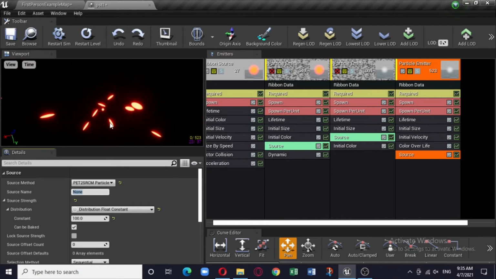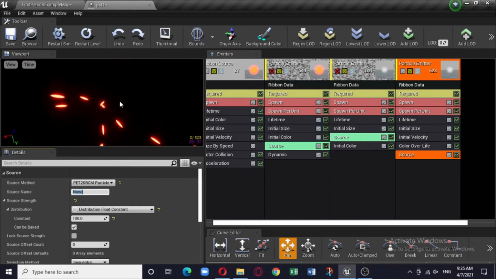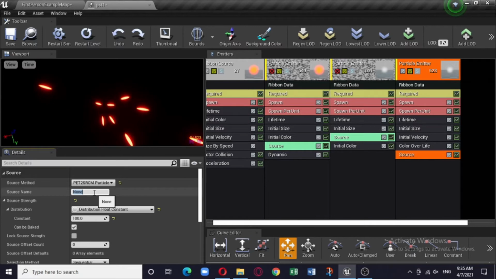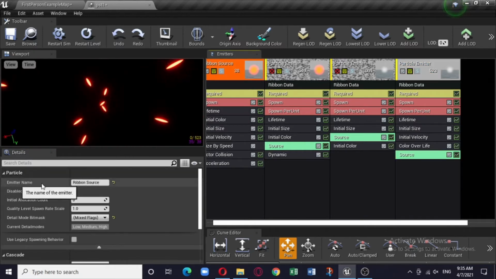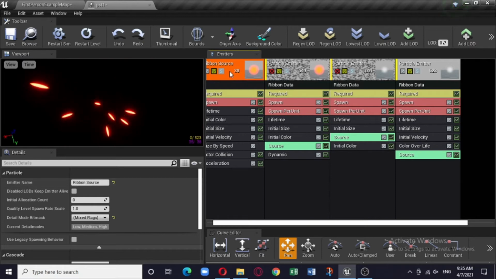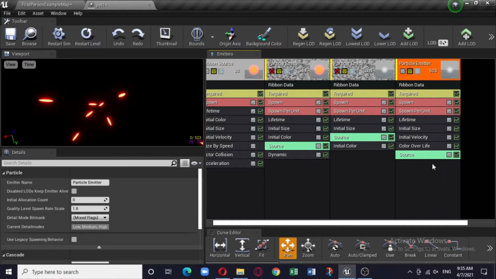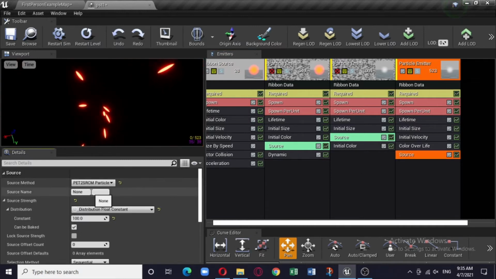Now you have to give this the name of this emitter. Now if you check this, emitter name is ribbon source. We want to attach the ribbon to this ribbon source emitter. So go back here, get into source, and instead of none, say ribbon source.